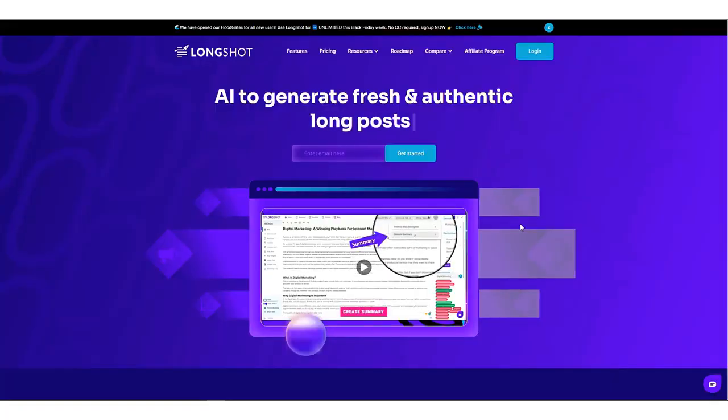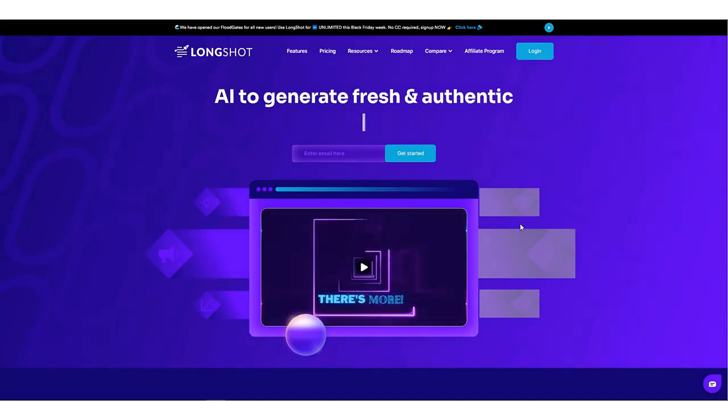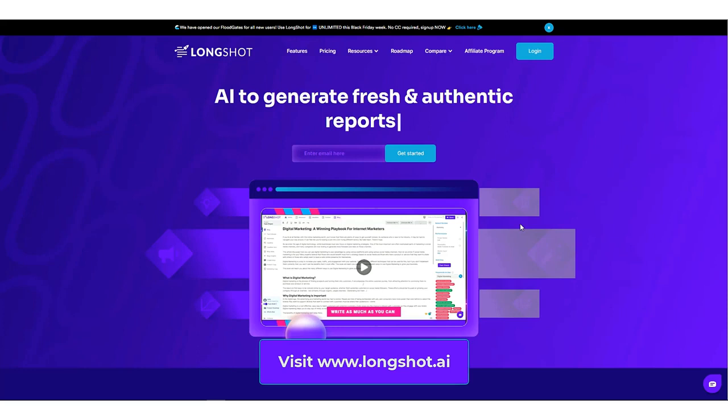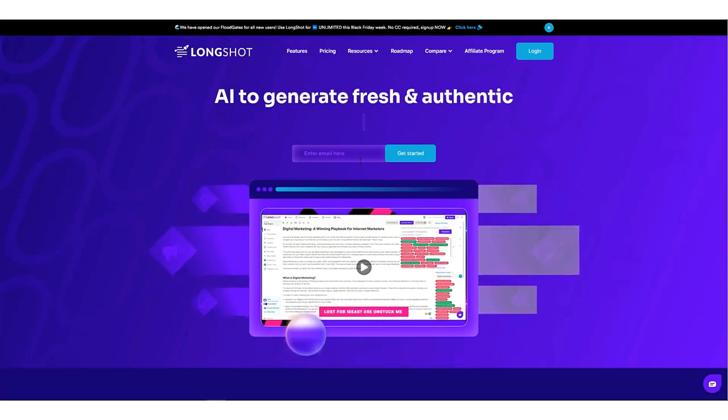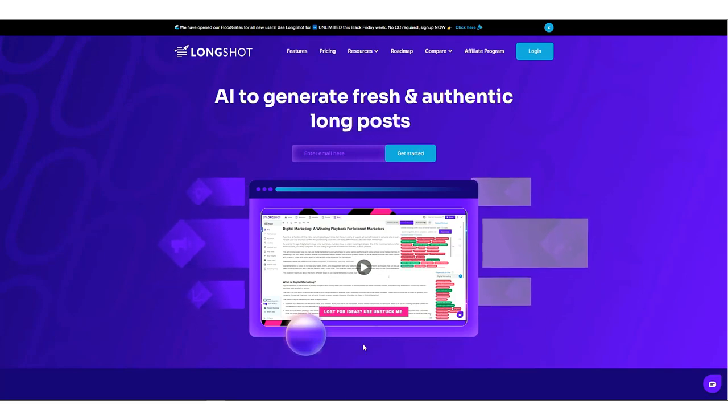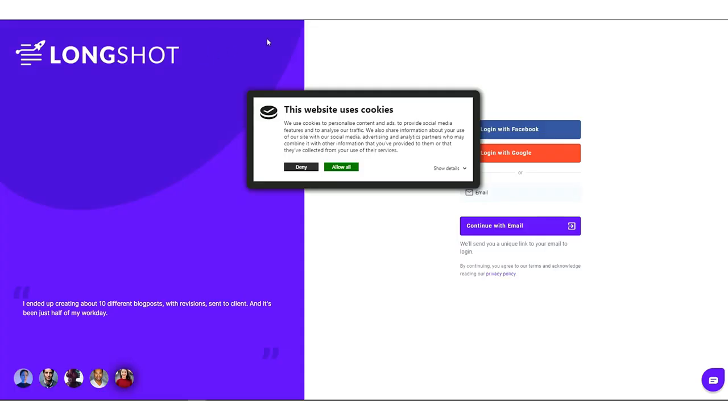Well, getting started with LongShot is pretty easy. The first thing you need to do is create a free account. You can visit our website www.longshot.ai and you'll get to this page. Over here, you need to add your email address to get started. You can either do this or you can visit